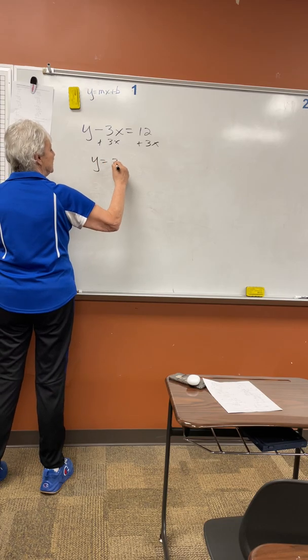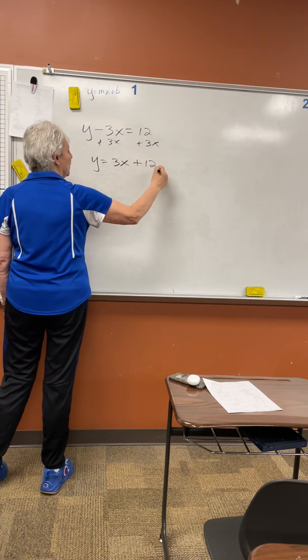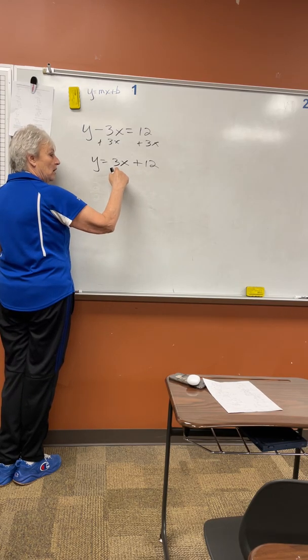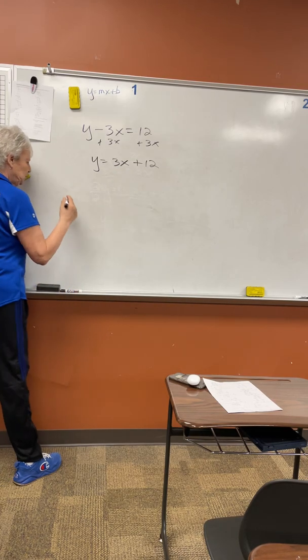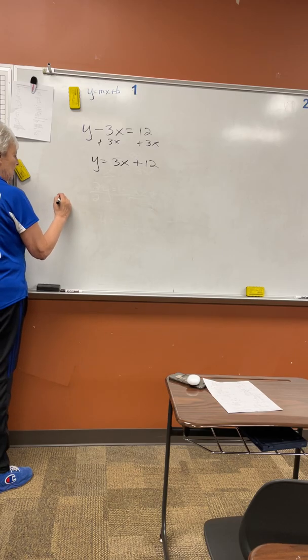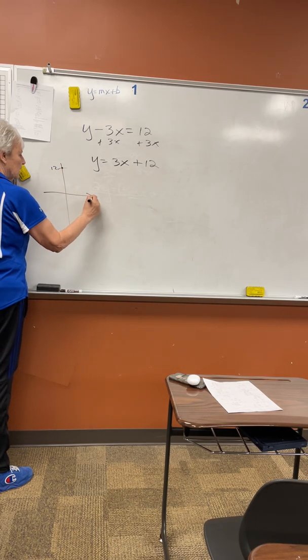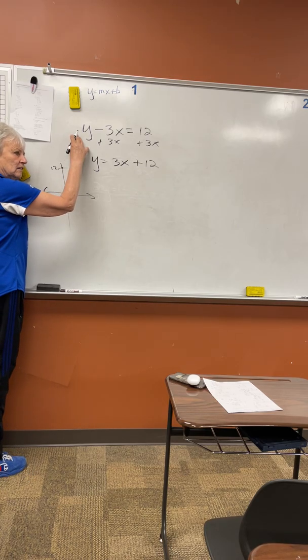Y equals 3x plus 12. That means you start at (0, 12), and you're going to go up 3 over 1, up 3 over 1. And I'm sure Miss Hardy also went over with you, let's say you're starting at 12,